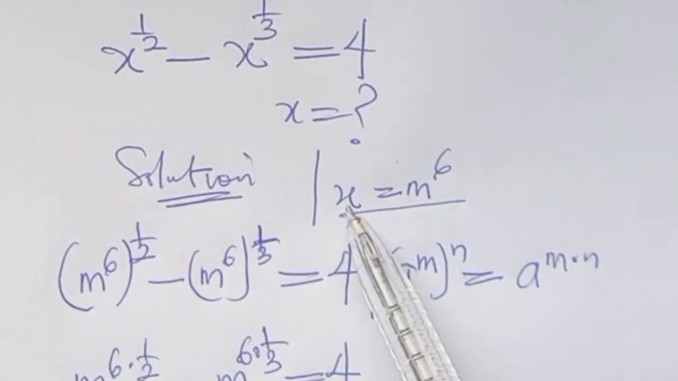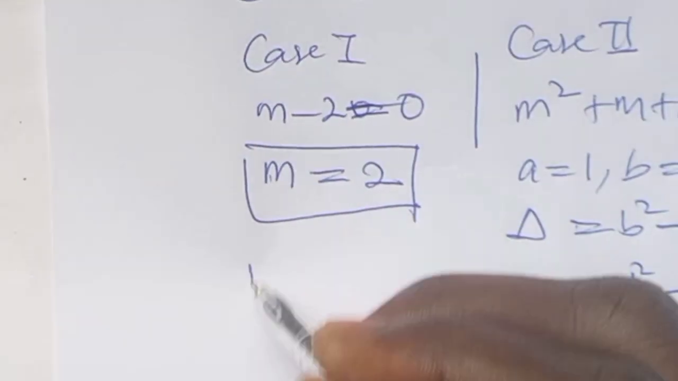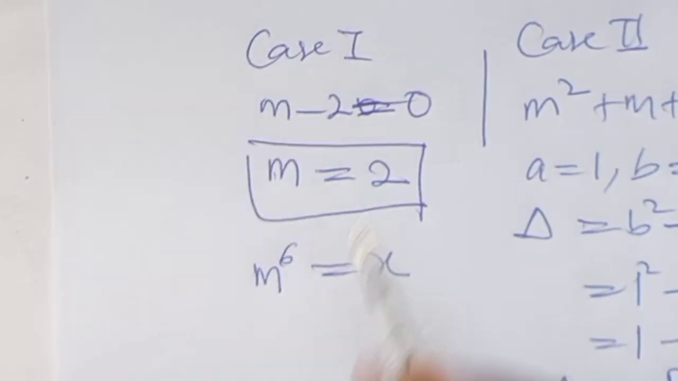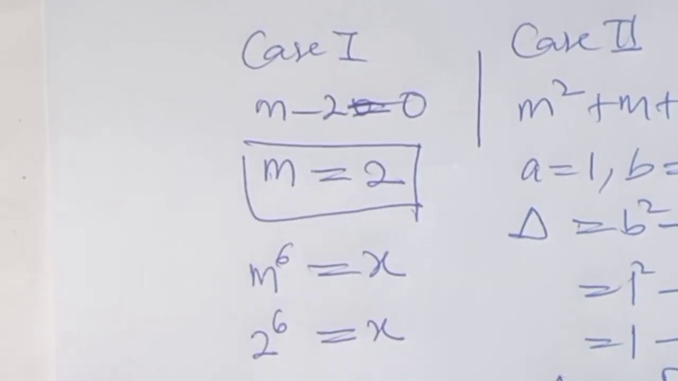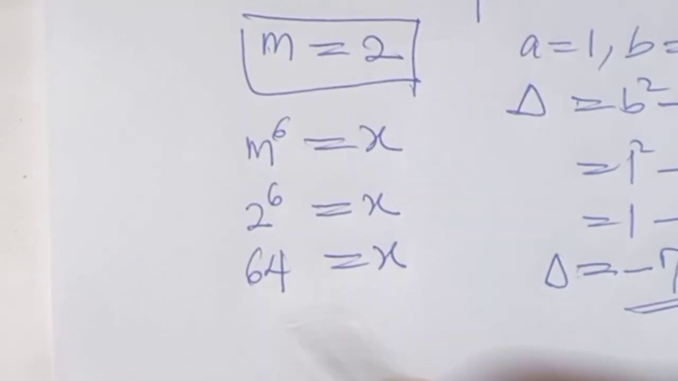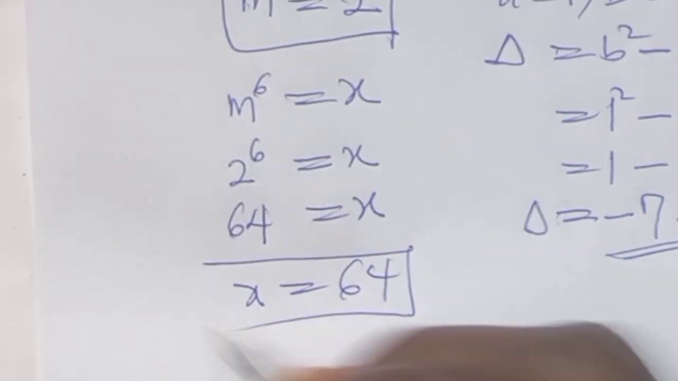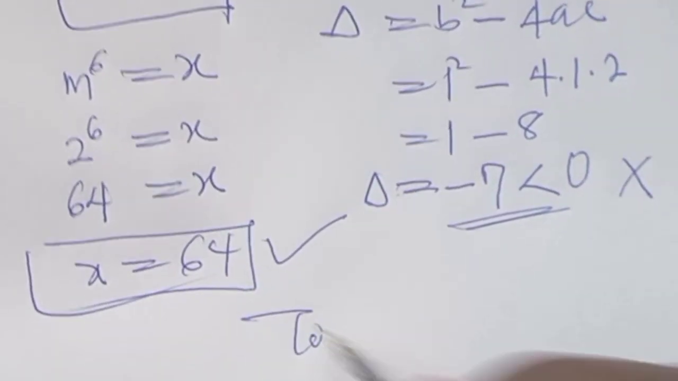We're going to recall that x was given as m to the power of 6. m to the power of 6 is equals to x. So here, 2 to the power of 6, this is x. And 2 to the power of 6, 64, is equals to x. That is, x is equals to 64. So to verify this,